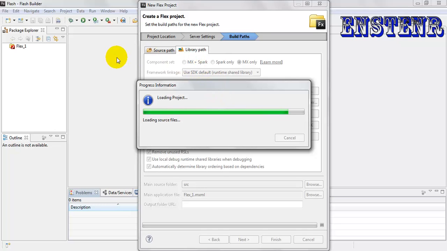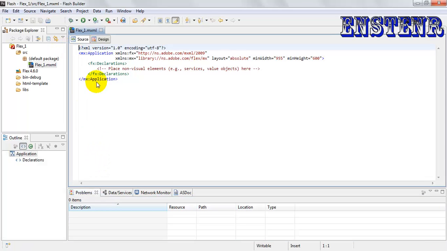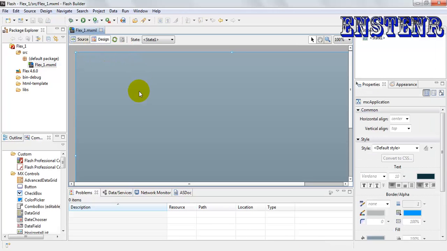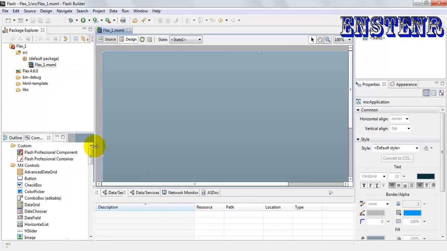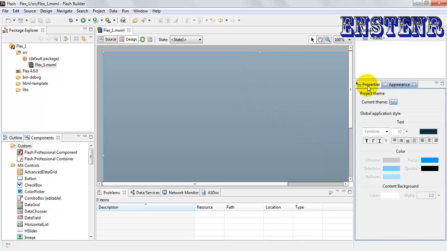A project is created. Okay, so here we go. We have the mxml file with source and design view. I can view the design. As I click on design view, one more tab has come in as components, which will display all the Flex components. Here we have the states, the properties window of the particular component, the appearance, the CSS styling,